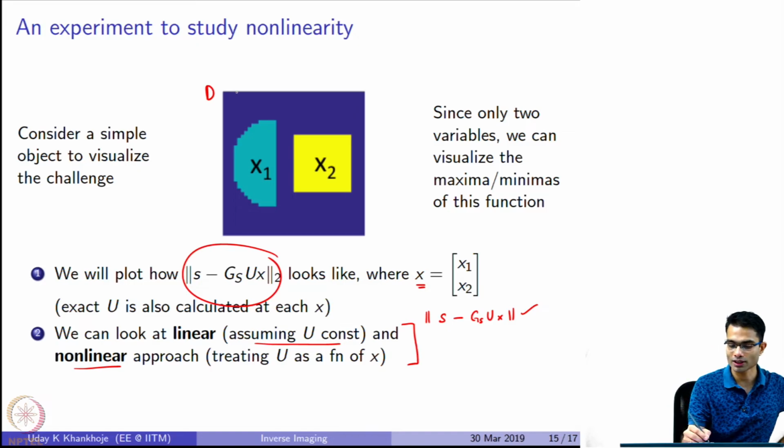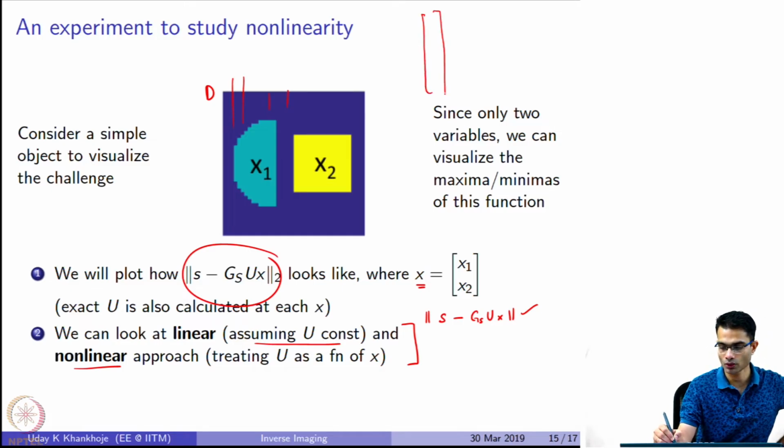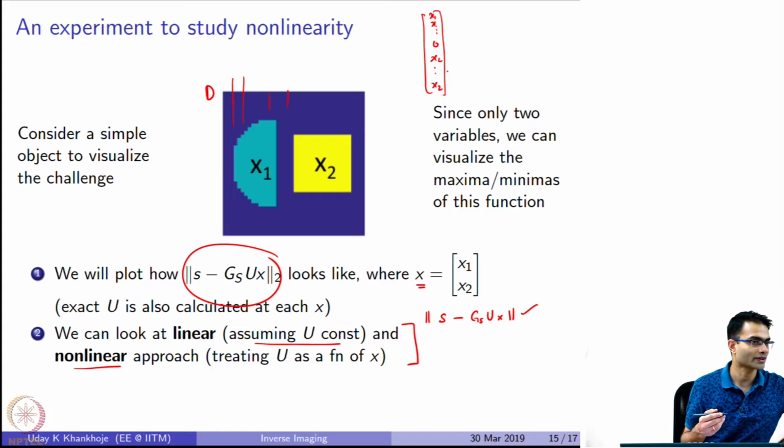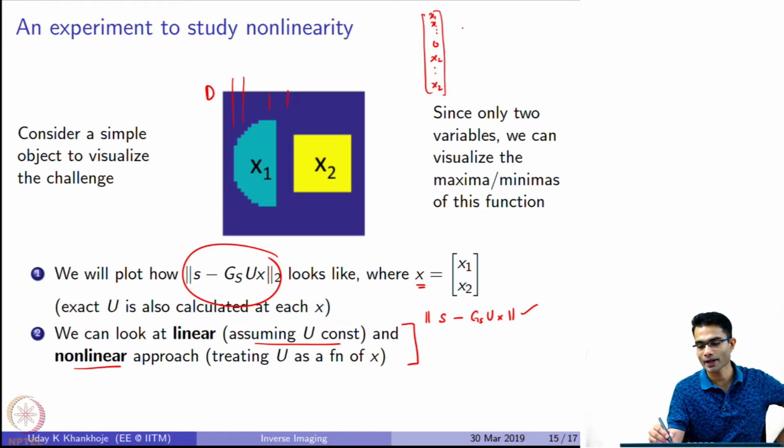So, you are saying that the contrast vector should have been actually the size of the number of pixels of this, right? This whole. So, actually this x would have been a very long vector with x1, then 0, then x2, right? That is how this contrast vector would have been. But to make my life easier, I am going to give you this additional info that this entire object is just one x1, this entire object is just one x2. So, I can write this in terms of some matrix which is composed of ones and zeros multiplied by x1, x2,